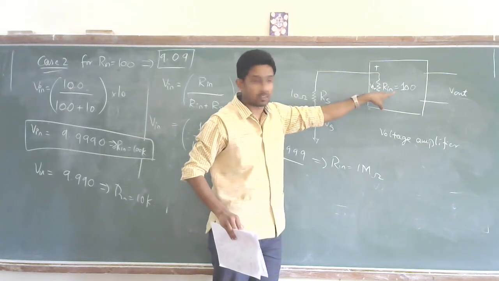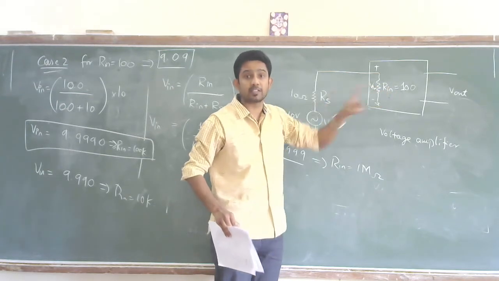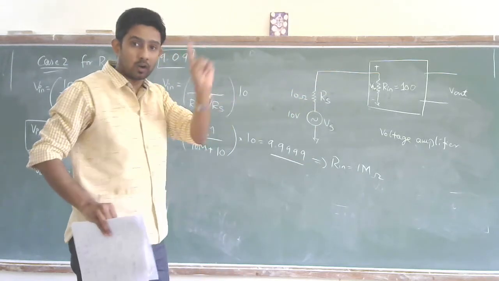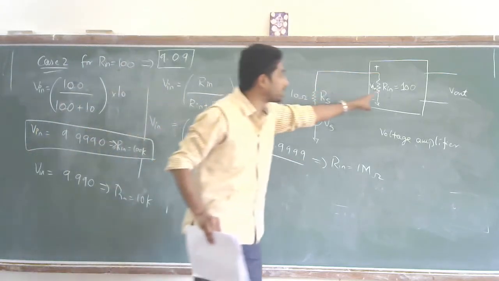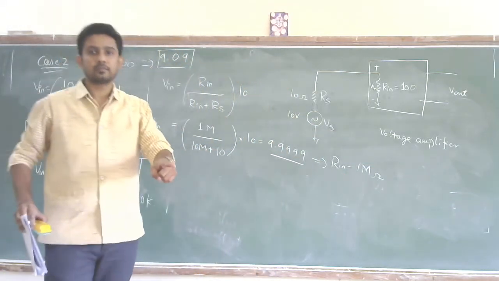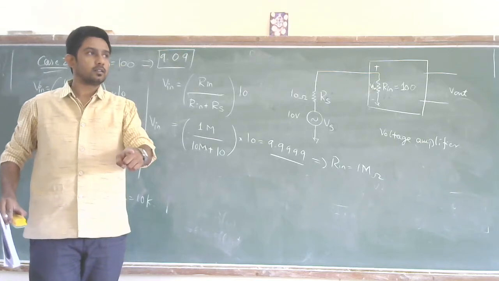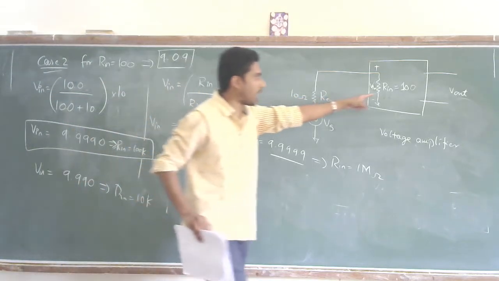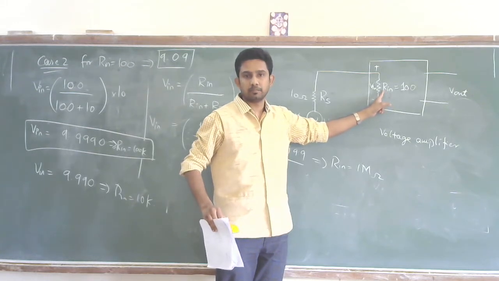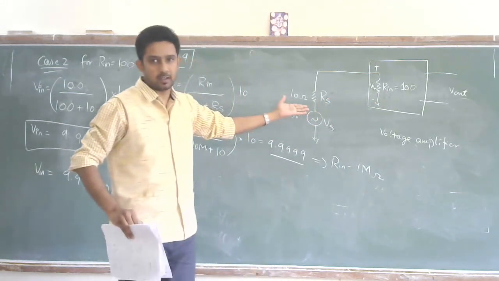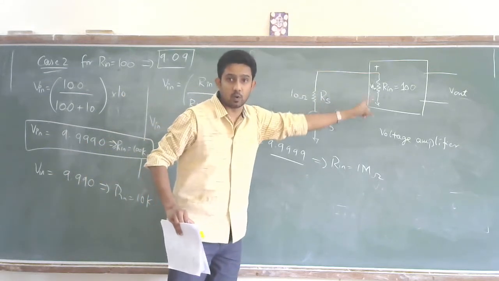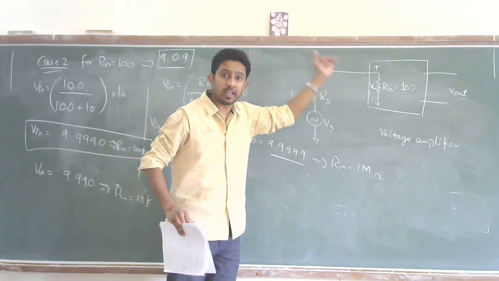So for it to enter, the input resistance plays a crucial role, and this analogy shows that for a voltage amplifier, the input resistance, should it be low or high? Students, should the input resistance be high or low? High. Yes, it should be high, because if I make it low, the actual voltage which is entering the amplifier decreases.